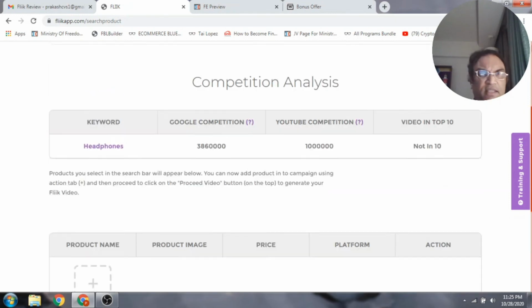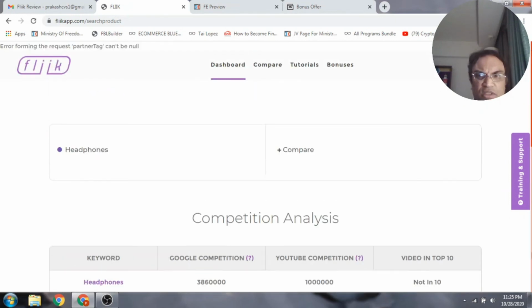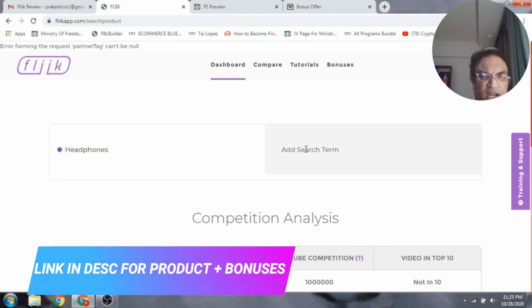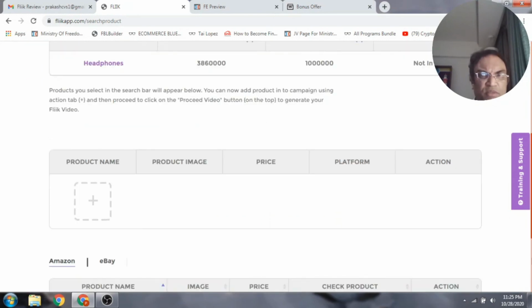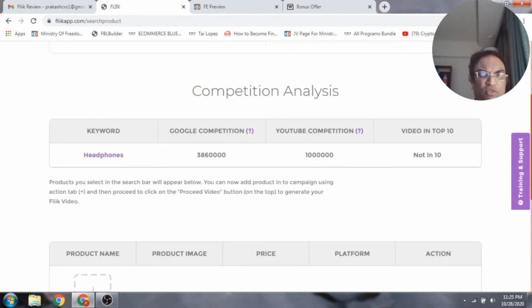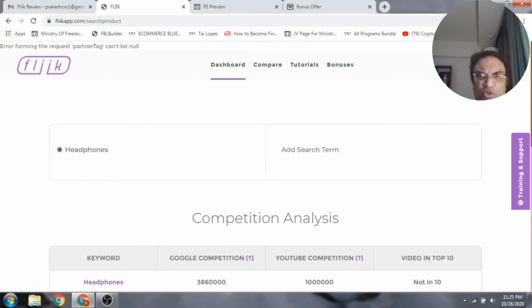And that is the thing, guys. So this is how the whole thing is going to be. And now when I want to compare, I press compare here, and again I have not got my API keys in place, so this thing is not going to work fully. So this is the thing, guys. So this is in short the demo of the dashboard area and the members area.